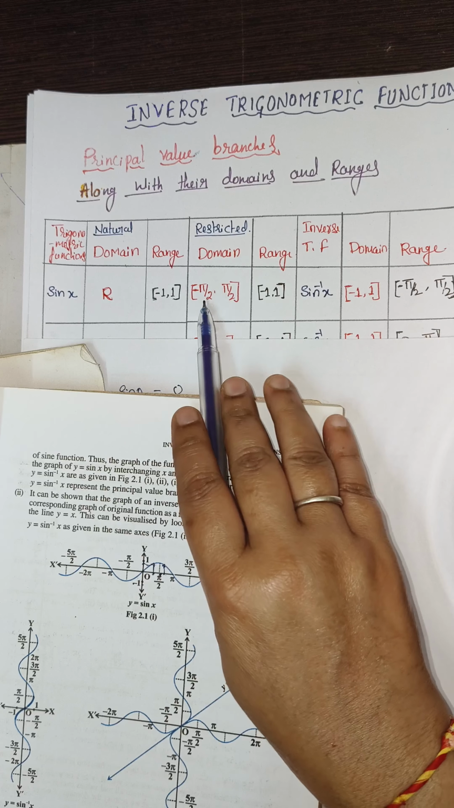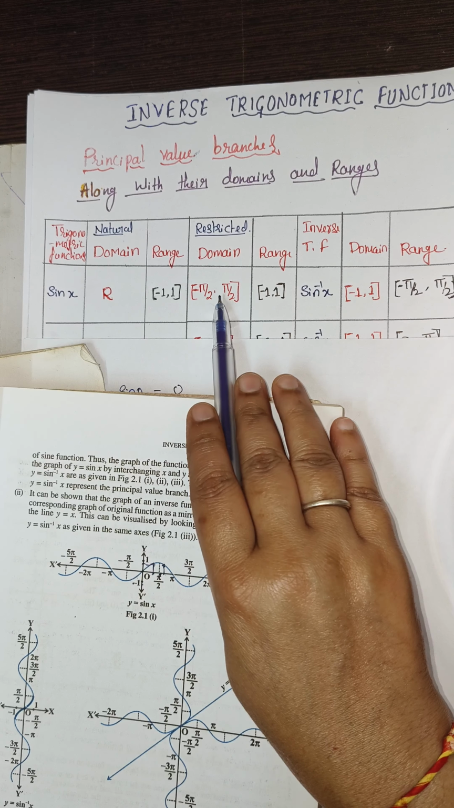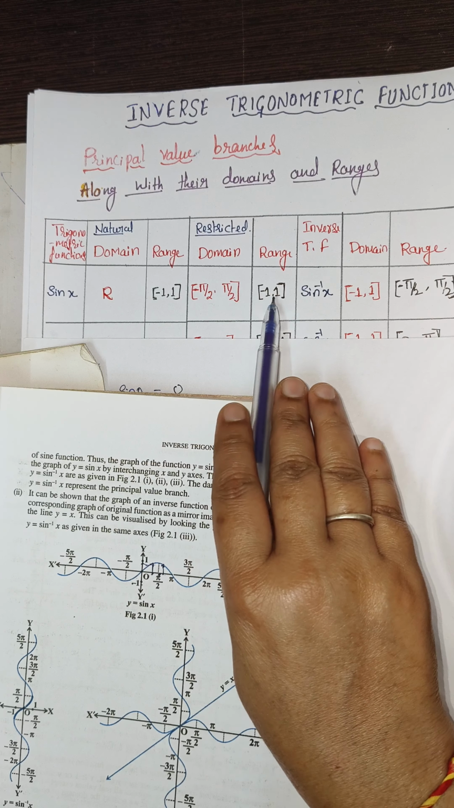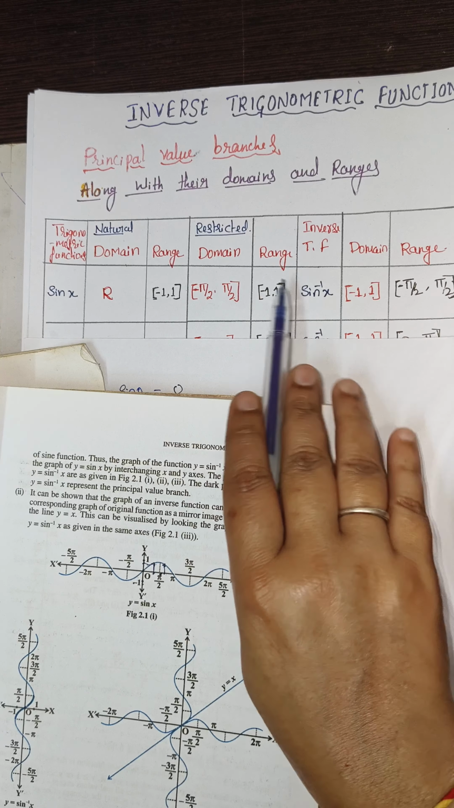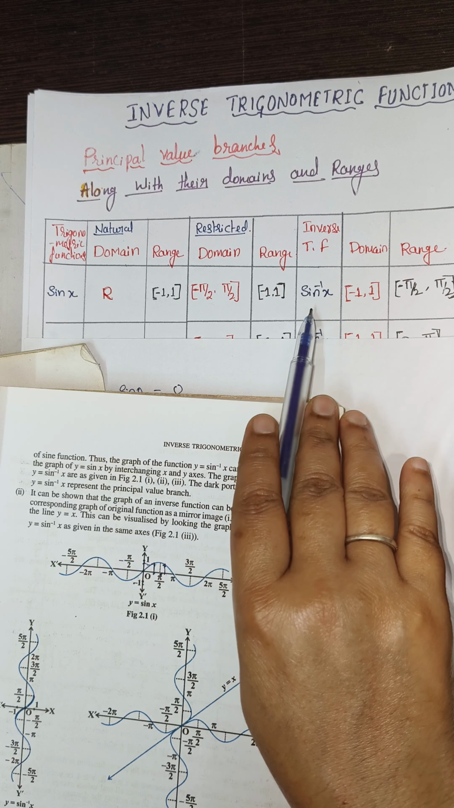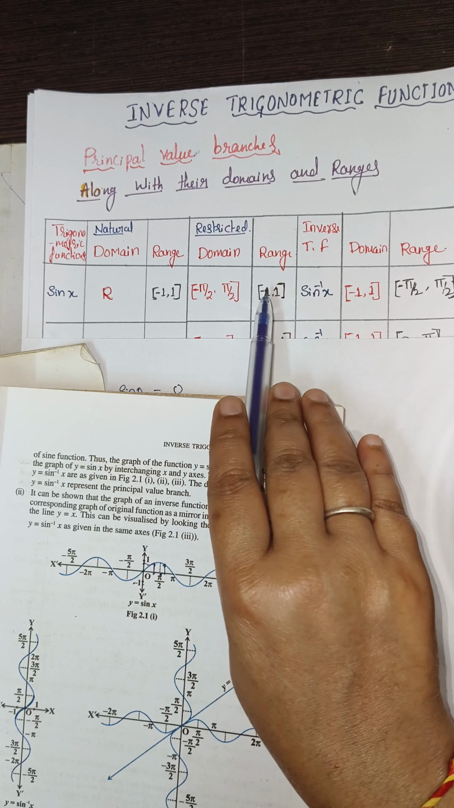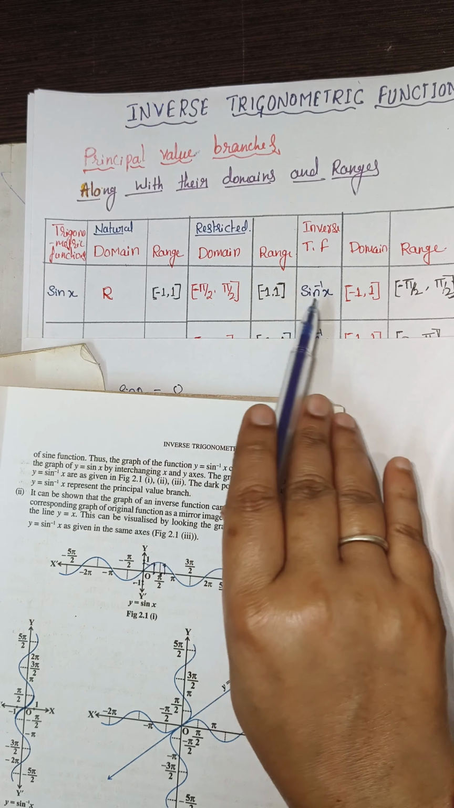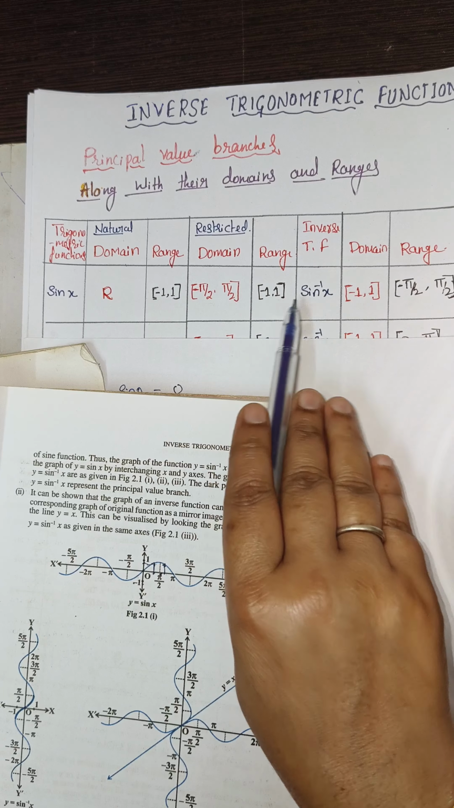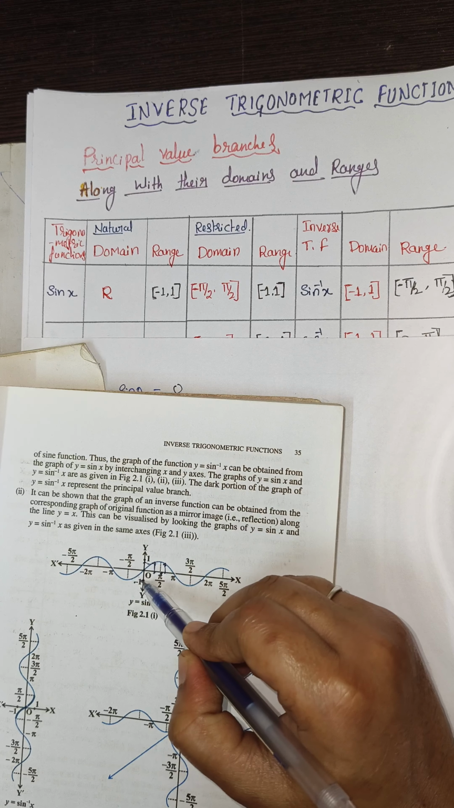What is the restricted domain here? Minus pi by 2 to pi by 2. Why did we take the restricted domain? To satisfy the one-one condition. The range is minus 1 to 1. Now the inverse will exist because it satisfies the one-one, injective condition. For sin inverse, the domain becomes the range of sin x, that is minus 1 to 1. It will reverse: the range becomes the domain and the domain becomes the range. So the domain of sin inverse x is minus 1 to 1, a closed bracket. Why? Because it has the value minus 1 and